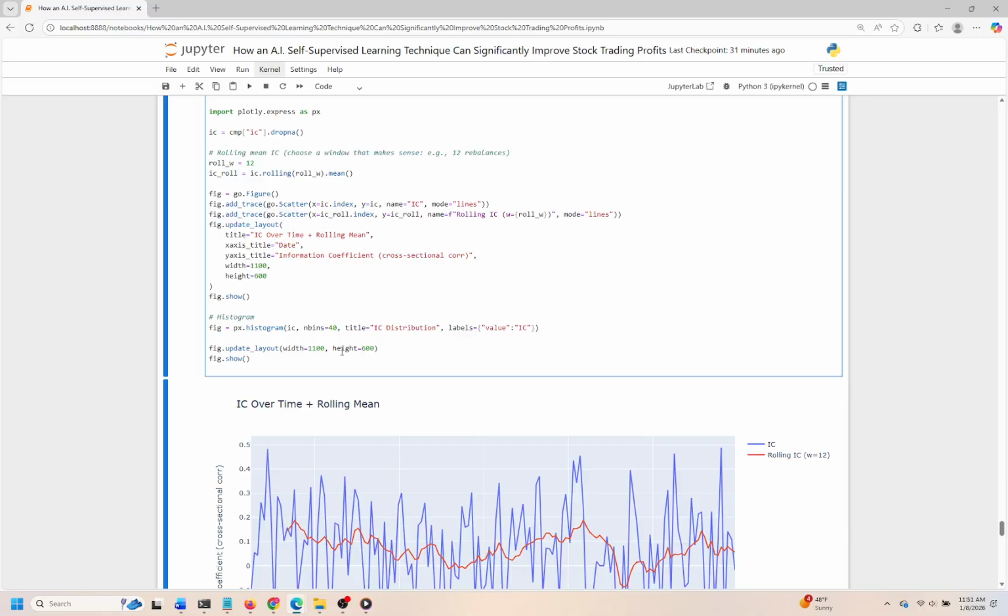We begin by filtering our data to ensure we're only working with valid entries, specifically by dropping any missing values from the IC series. Following that, we calculate the rolling mean of the IC using a window of 12 periods. This choice of window is crucial as it allows us to smooth out fluctuations and recognize the broader trends in our data over time. By plotting both the original IC values alongside the rolling mean, we can visually assess how